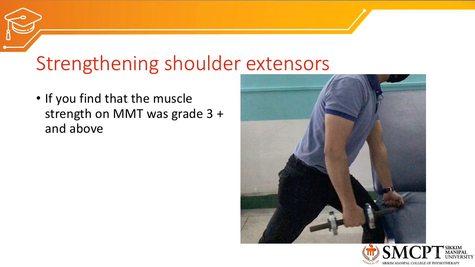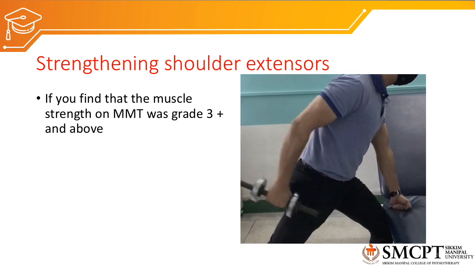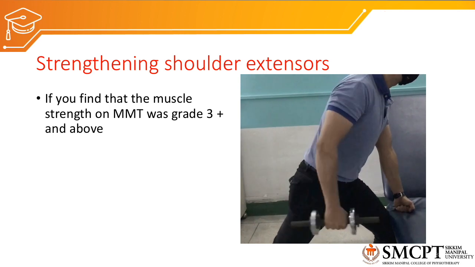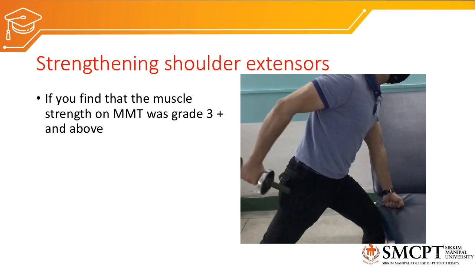If the muscle power is 3 plus and above, then we can use this technique where the patient will extend the shoulder holding the weights, which would be the 10 repetition maximum. So the patient will be performing 10 repetitions of extension against the resistance, which is the 1 kg dumbbells. Position of the patient is standing with a wide base of support and leaning forward, supporting on the couch with the other arm, and then performing the exercise,